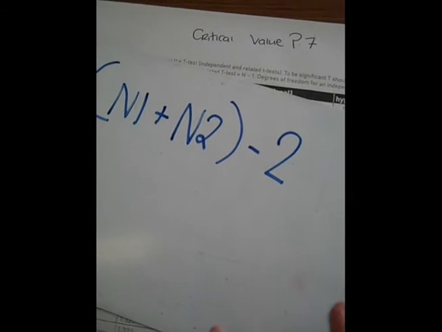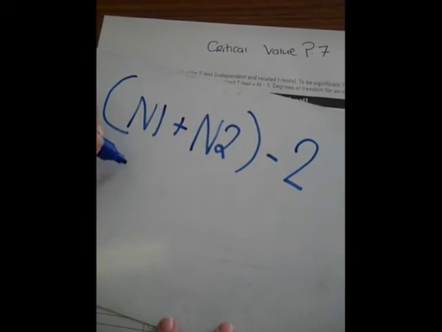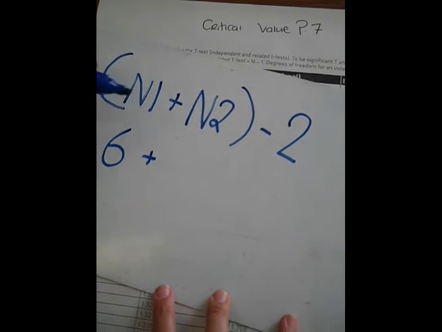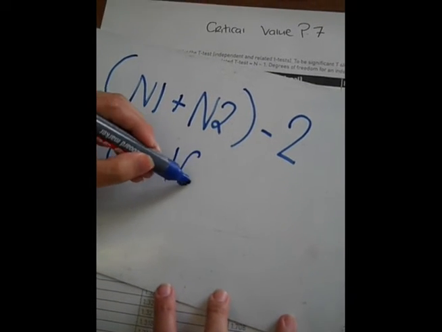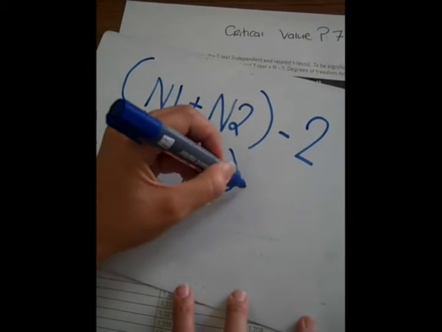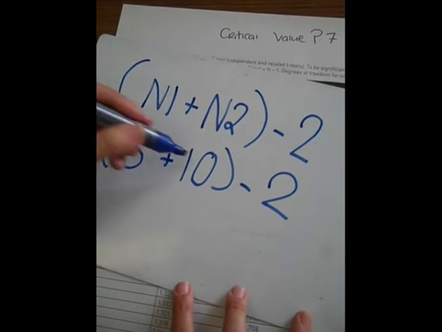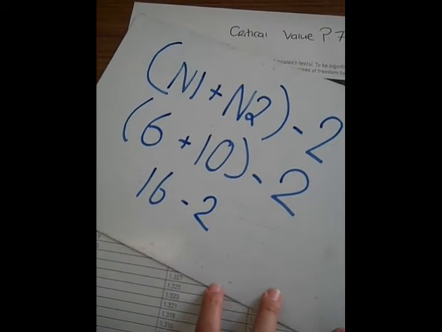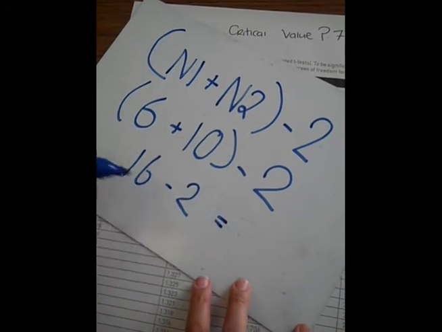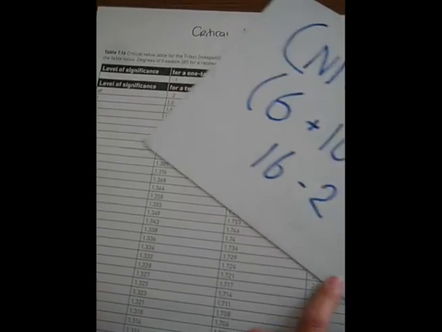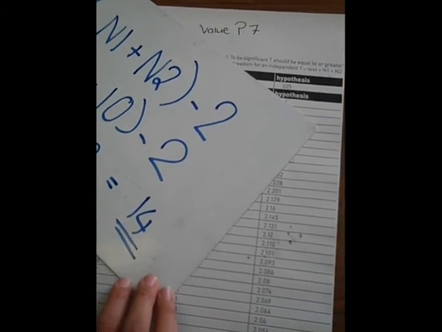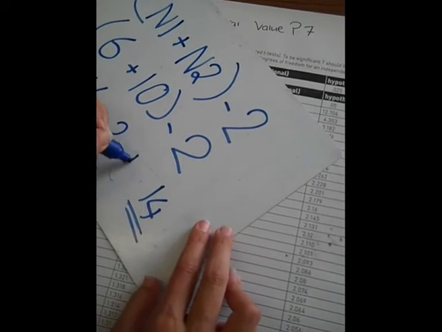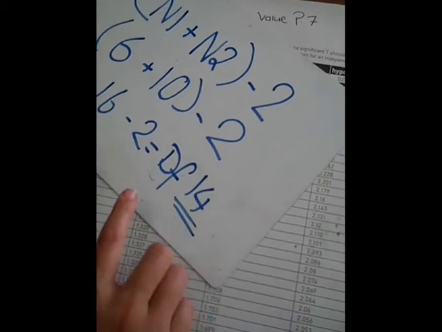So, just say we've got, in condition A, 6 participants, in condition B, 10 participants, all you do is this. So nice and easy, what's that? That's 16 minus 2. So that would come out to 14. And we call this, to give you another complicated term, a DF, or a degree of freedom,